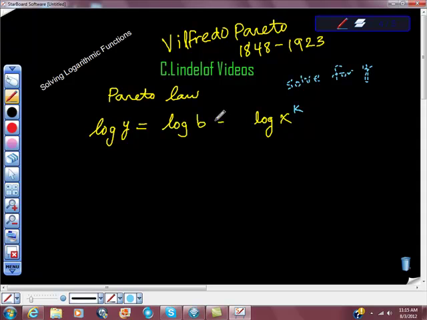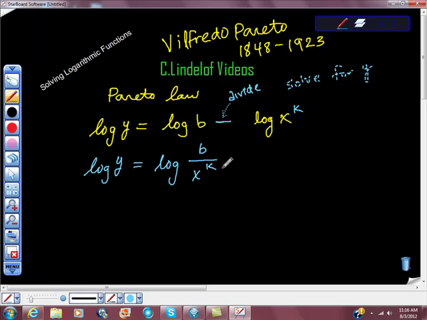Also, we know if we have logarithms that are of the same base, and this is the common log, so this is log base 10, this is also log base 10, as is this one. This negative sign right here tells us to divide. So hopefully you're making a note of that to remind yourself that this means divide. So when we rewrite this, on the left-hand side we get log of y is equal to log of b divided by x to the k power, right?